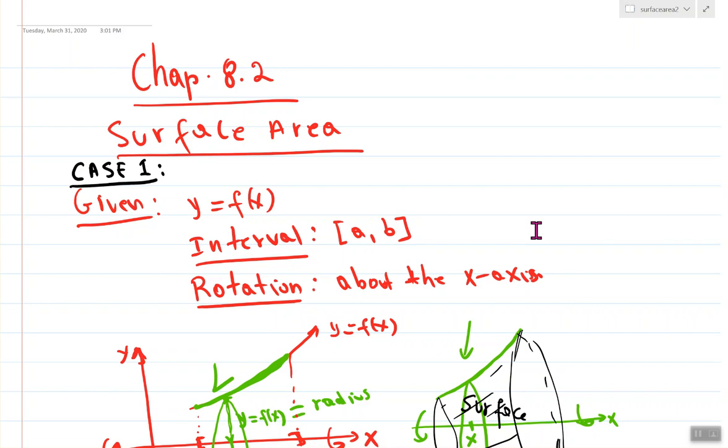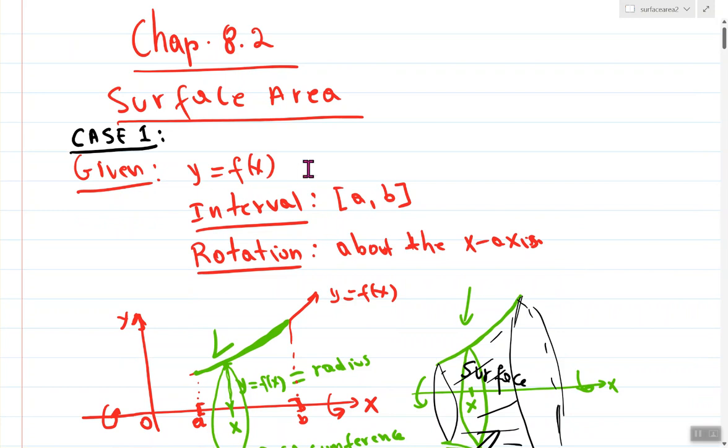Hello. So today we're going to talk about Chapter 8, Section 2. The title is the surface area, or the area of the surface. We have about 4 cases here. So the first case